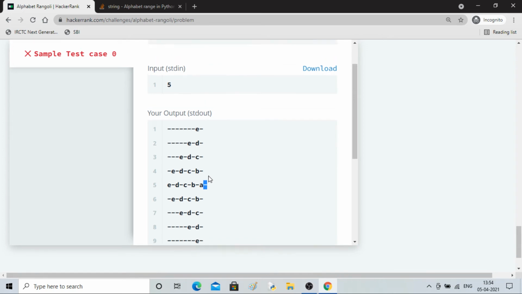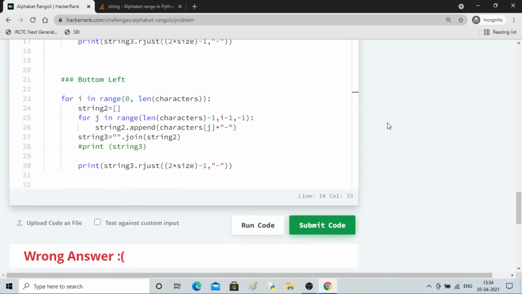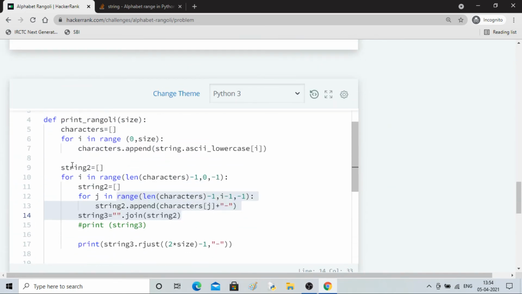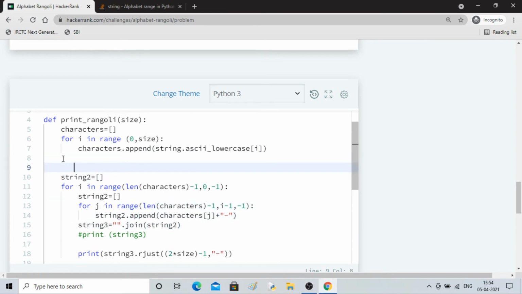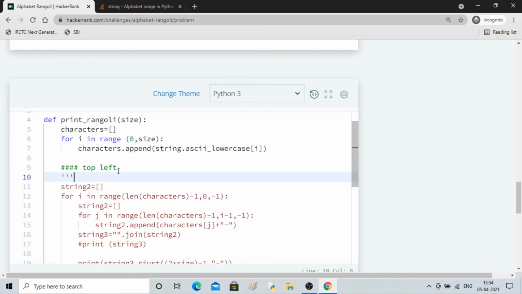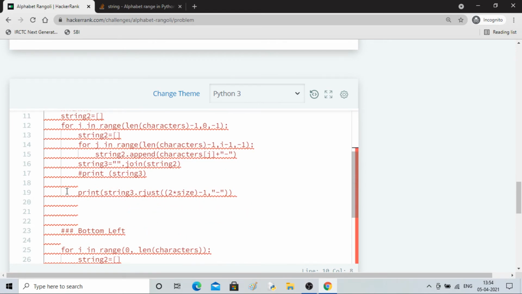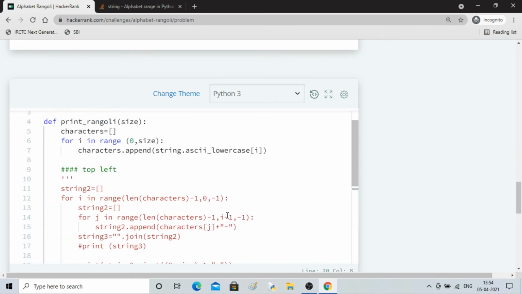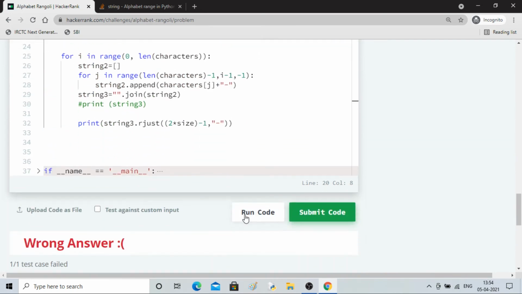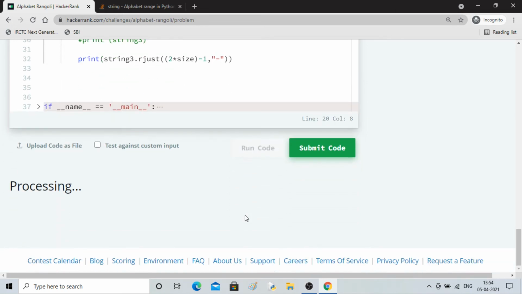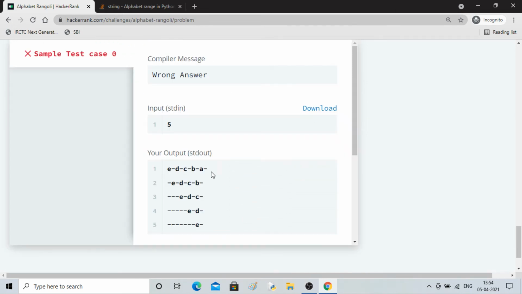Now let me comment this. I'll write top left and comment these with the triple dash, and where you have to stop, triple dash. So these are commented, and I'll use it for future reference. Now I'll work on bottom right.